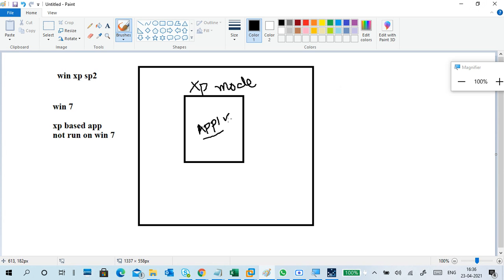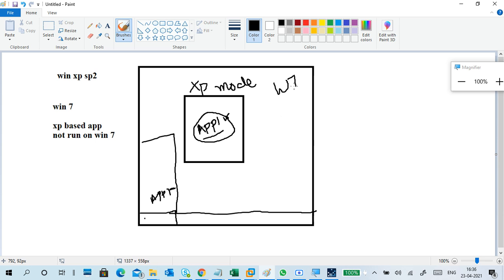But this application shows at startup. You have a startup menu, right? If you click on the start button, this application shows in your Windows 7 machine.